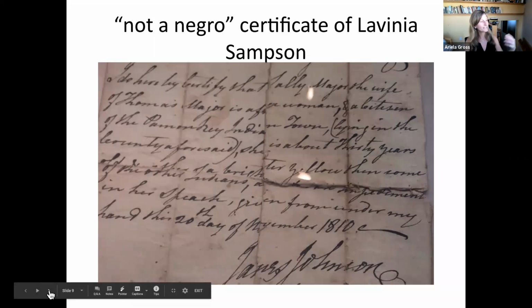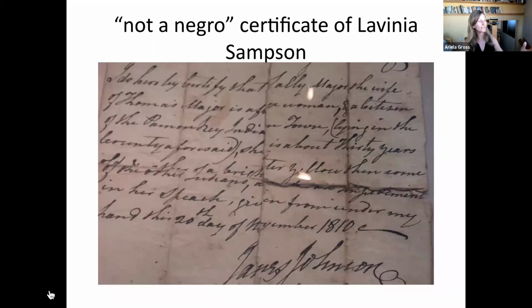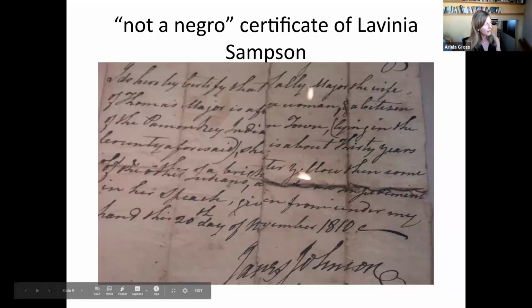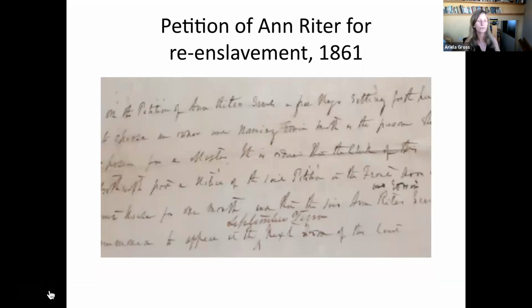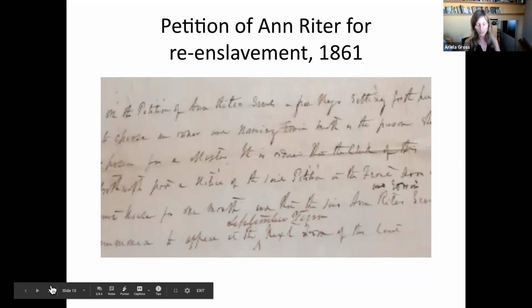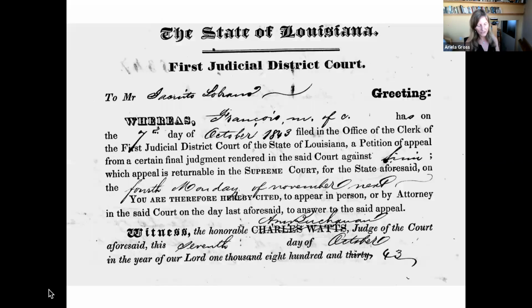A few petition for exemption from these onerous laws by winning a certificate that they were, quote, not a Negro. And a handful even chose voluntary re-enslavement in order to remain in their homeland with their families. Free people of color continue to claim freedom in court. They fought tenaciously for the basic rights to a homeland, to remain close to friends and family, to live in